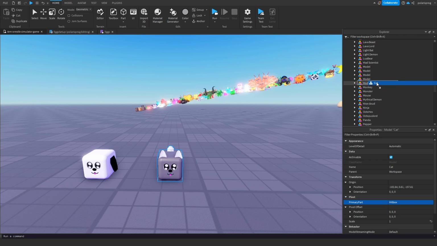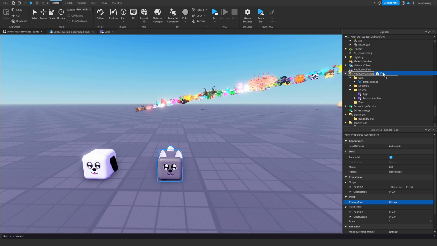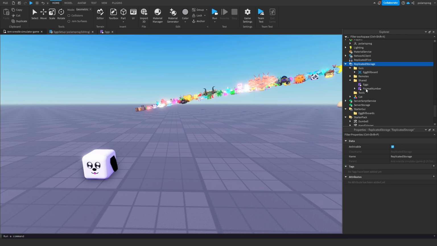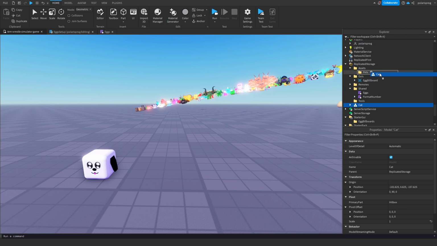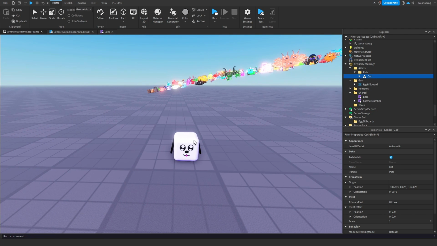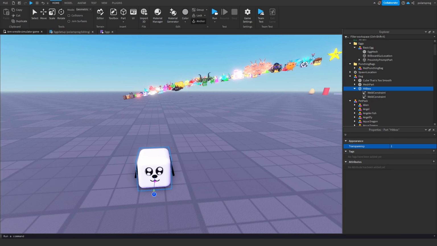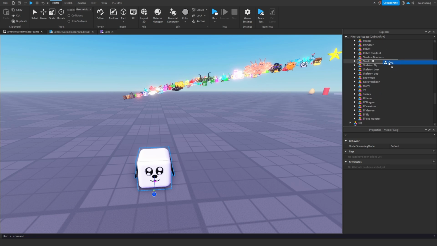So I'm going to create a folder in ReplicatedStorage, and it's going to be called Assets. Now inside of the Assets folder, we're going to have another folder and it's going to be called Pets. Now in the Pets folder, we're going to have the cat that we just made. Now I'm going to set up the dog the same exact way that I set up the cat, and I'll be back. Okay, so I set up the dog and I'm just going to drag it inside of the Pets folder that we just created,